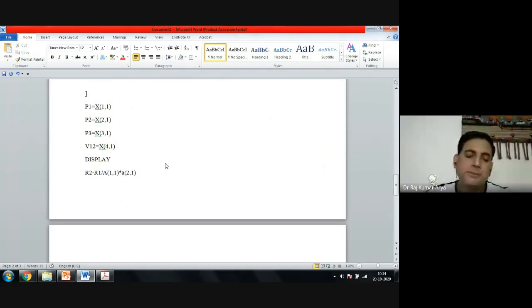Don't get confused between small a and capital A. MATLAB will distinguish between them, so be careful. MATLAB commands consider everything, and it will treat small a and capital A as separate identities. So this is what practically you want to do, right?